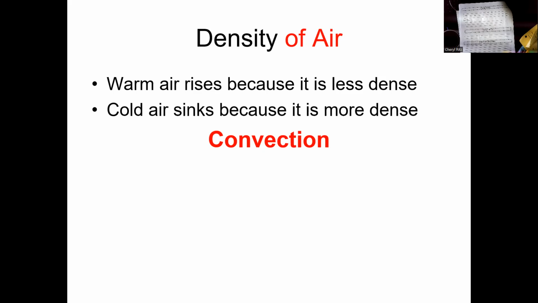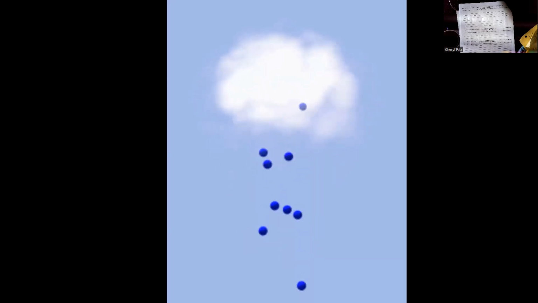Eventually, it's going to cool and hit the dew point. What happens when warm air rises and cools so far and hits the dew point? It rains, or at least water droplets form. And that's how clouds form. So here's some warm air that's rising. Warm air rises. As it rises, it cools. Cools so much that it hits its dew point and water droplets form. That is how clouds form.